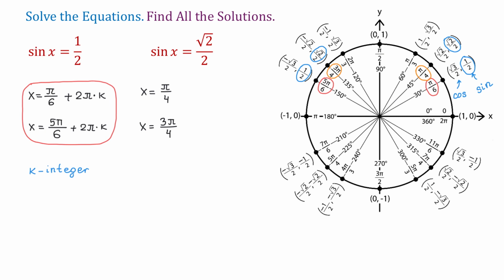And now, just like in the previous example, if from any of these two angles we add or subtract 2 pi as many times as we want, we end up at the same points. And at these 2 points, the value of sine is square root of 2 over 2. So just like in the previous equation, to each of these solutions, we need to add 2 pi multiplied by k. And again, k is any integer. And now this equation, just like the previous one, has infinitely many